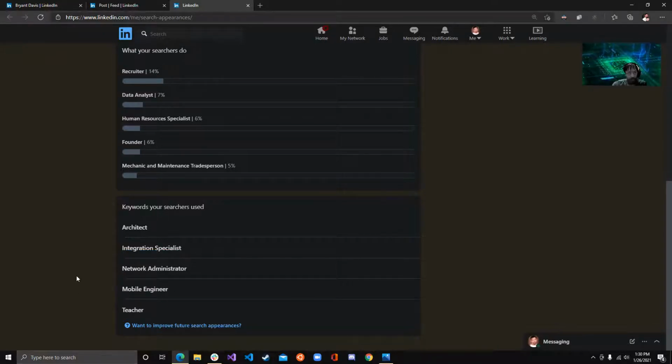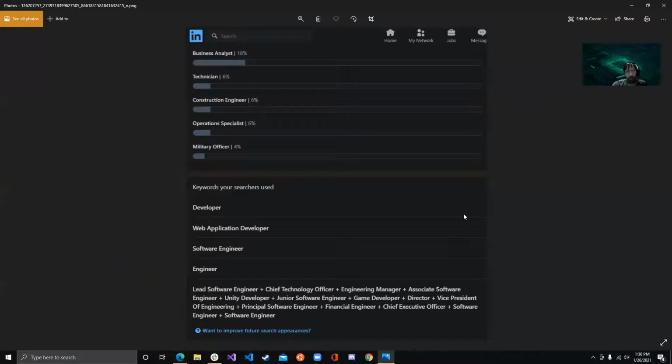So I probably need to alter my post, which will affect this, to show you the peak time. I probably had over 200 something views in this particular week. And as you can see, I showed for developer, web application developer, software engineer. You have to make sure you are typing in and make sure your profile mentions these same keywords over and over as much as possible,